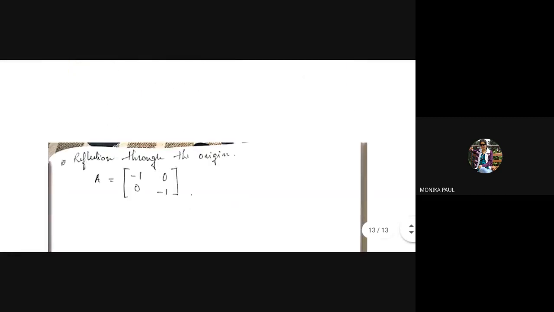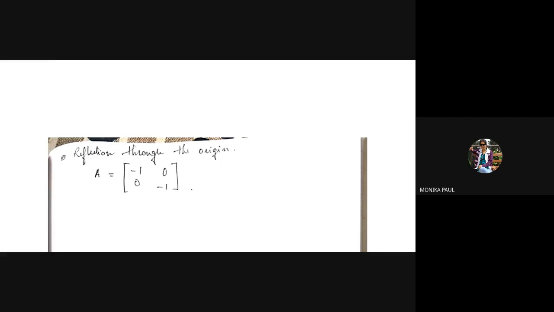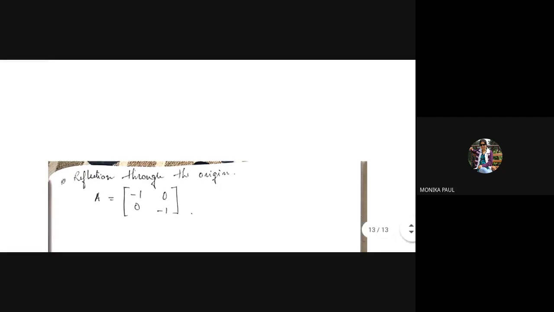Similarly, I have given the reflection through the x2 axis. We will get A equal to minus 1, 0, 0, 1. Then we have given the reflection through x1 equal to x2. If x1 equal to x2, then we will get A equal to 0, 1, 1, 0. Reflection through x1 plus x2 equal to 0, if we do that, then A equal to 0, minus 1, minus 1, 0. And similarly, if it is reflection through the origin, then A equal to minus 1, 0, 0, minus 1. So here is the geometric representation, that is the rotation and reflections of the axes.